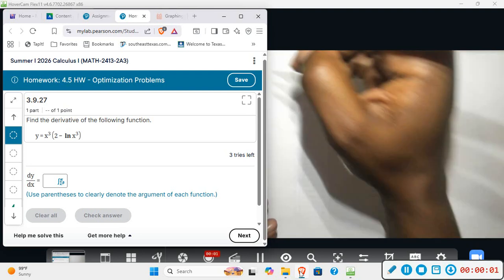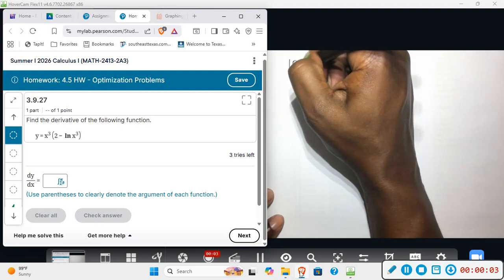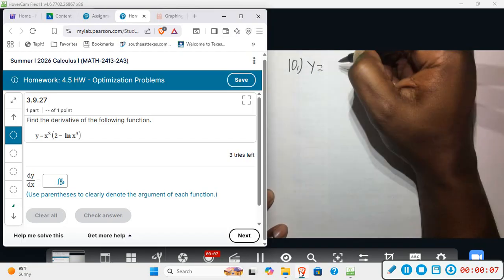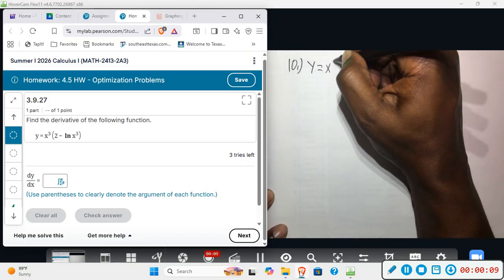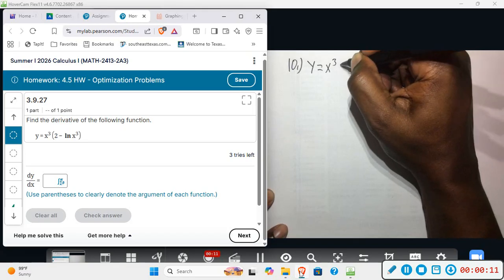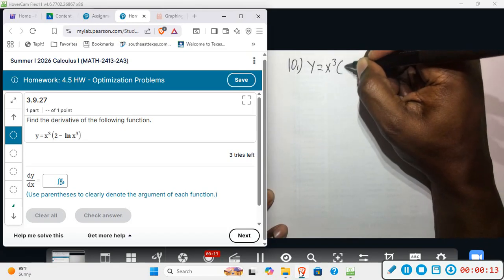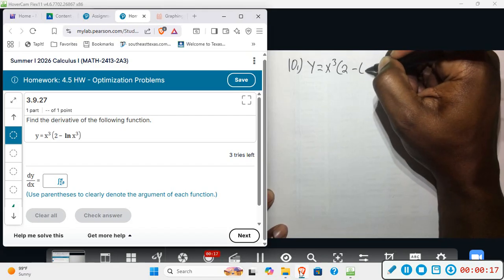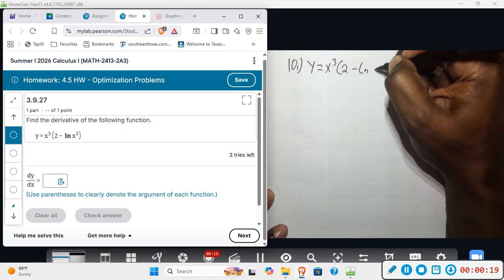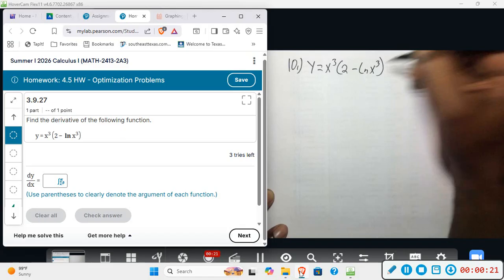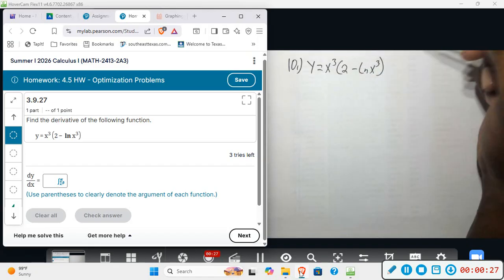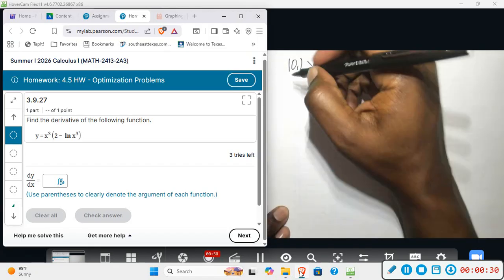Question number 10, we just want to find the derivative of the given function. We have y equals x to the third times the quantity 2 minus ln, natural log, of x to the third. All right, so either way we do this, we will have to do the product rule, even if we distribute it. So we just do the product rule,